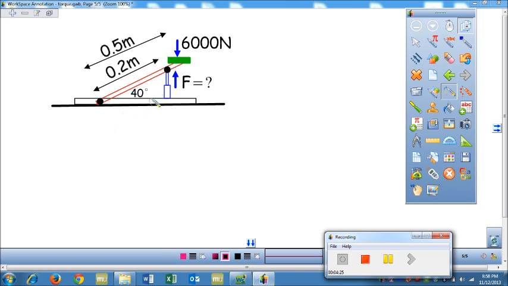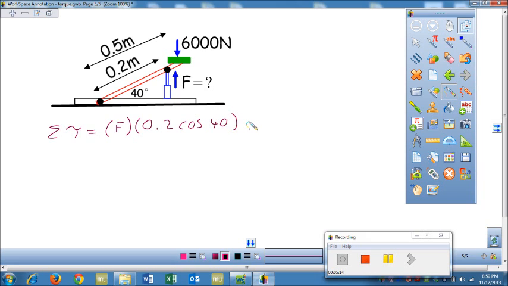Okay, here goes. If we did just the torques from this pivot point, we're going to have F times some lever arm minus 6,000 times some other lever arm equals 0. So that's all we should need in order to solve this problem. Let's give it a try. The sum of the torques is equal to F times its lever arm. That's 0.2. Now the lever arm is the perpendicular distance from the force. It's this distance here, so that's going to be cosine 40. And then minus 6,000, because that's going clockwise so it's negative, times 0.5 cosine